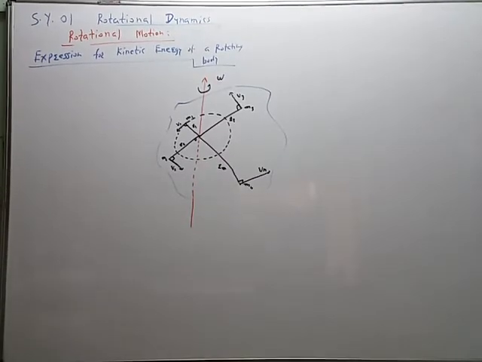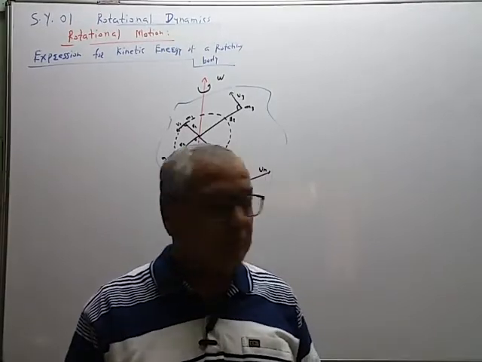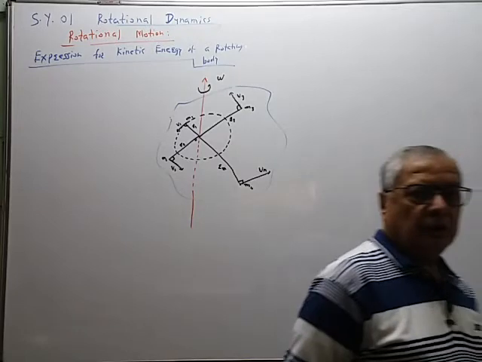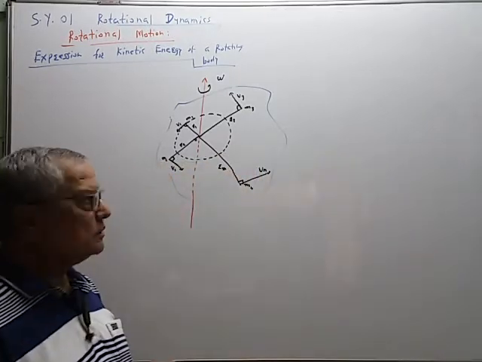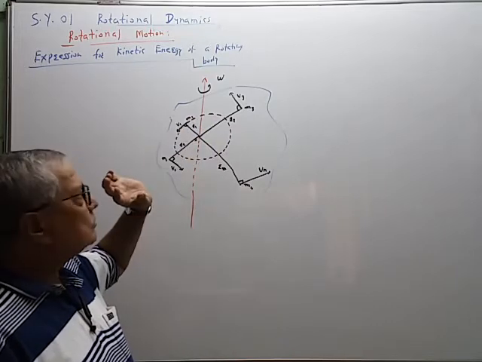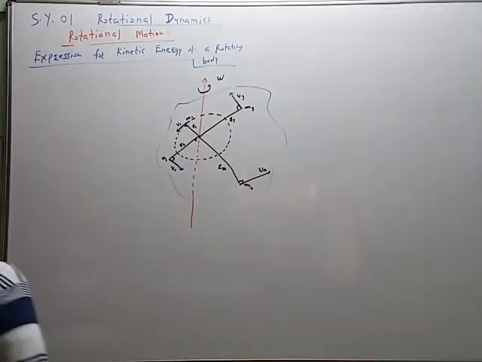So last time we have seen this first expression for kinetic energy. Kinetic energy is given by 1/2 I omega square. Now we have to see two more expressions using the same figure. Some changes are required, of course. The second relation that we are going to see is the